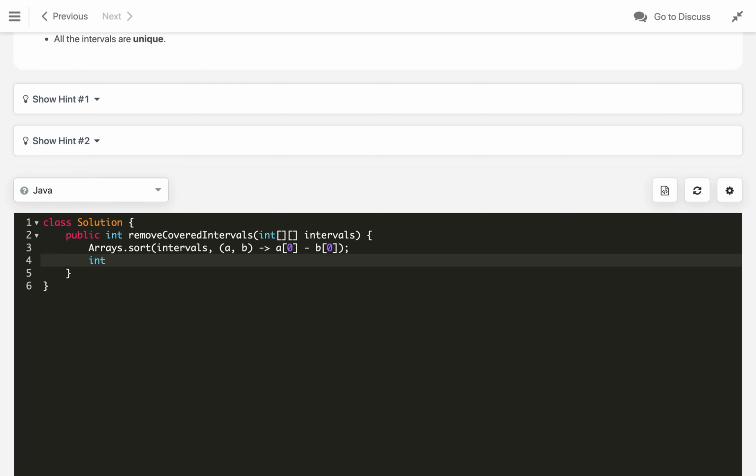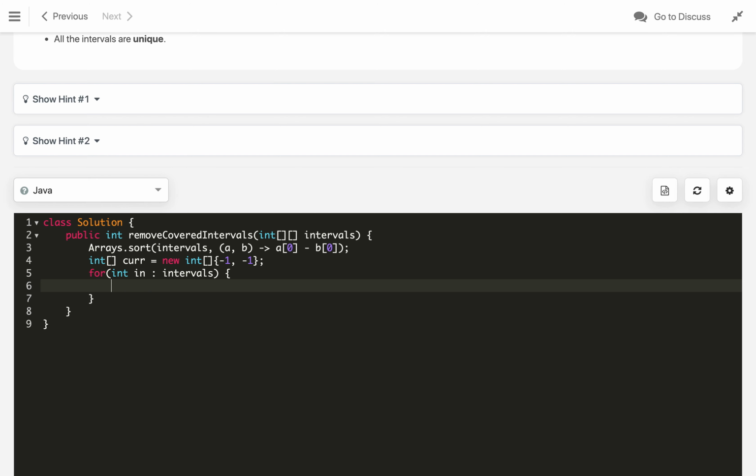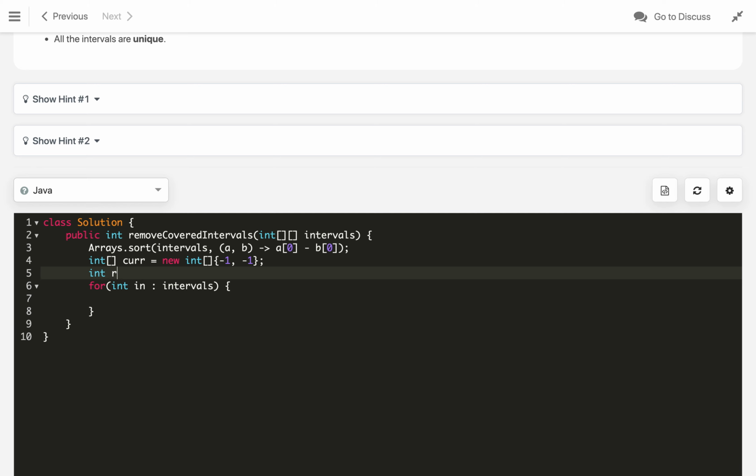After sorting, let's define our current interval as a new int array. Now we will iterate over all the intervals. Let's also define the result which we have to return in the end: int result is equal to 0.